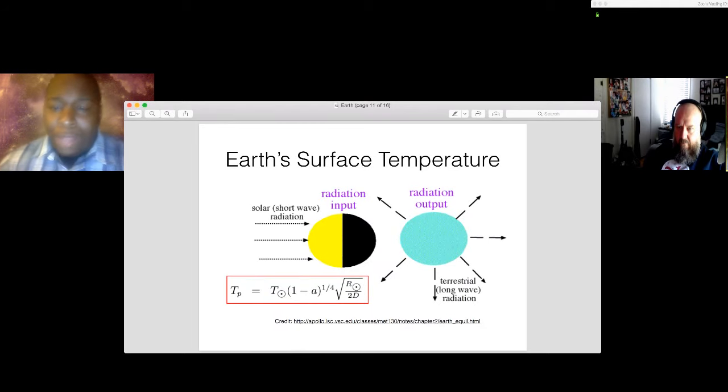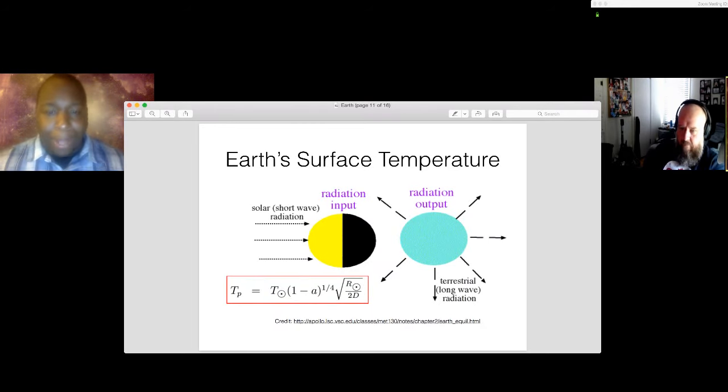So we've talked now about plate tectonics, and we can move along to another topic that's important when talking about Earth, and that's Earth's surface temperature. And so I have an equation here, which I'll explain in a second. But let's think about how to calculate